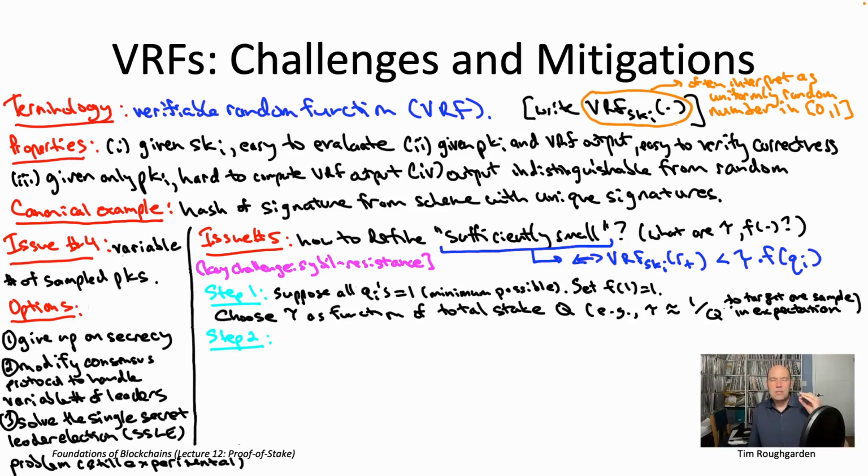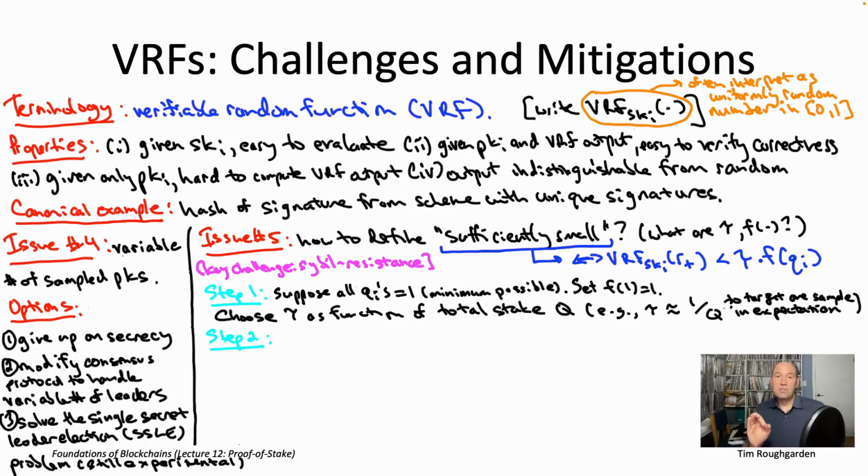So a key question to understand in getting the details of step 2 right is whether or not it matters if 2 or more of the 12 Sybils get sampled. So in other words, if I'm contemplating a Sybil attack and spreading things over 12 different public keys, do I only care about at least one of those 12 Sybils getting sampled? Or do I more generally care exactly about how many? Like, do I get more and more value as more and more of my 12 Sybils get sampled?